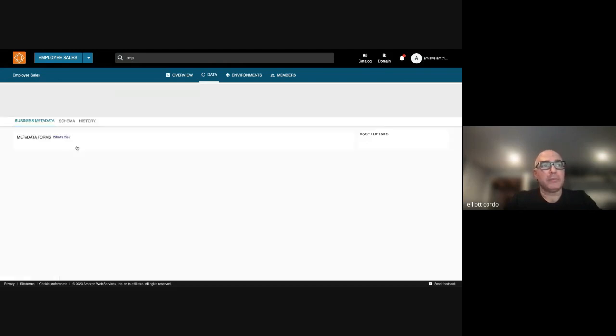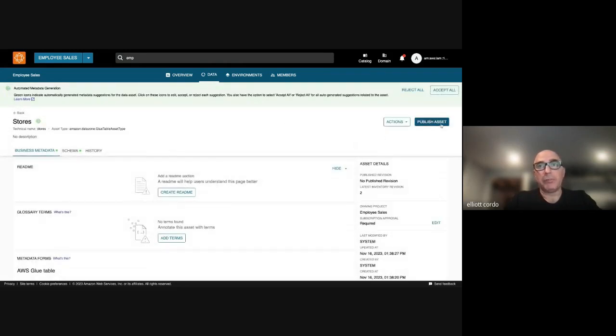You can publish some of the data. To publish the data, all you have to do is come here and publish the data asset, and it'll be available in the catalog to, I think, everybody. And then, of course, there are controls. There's a workflow about people actually subscribing to that data.